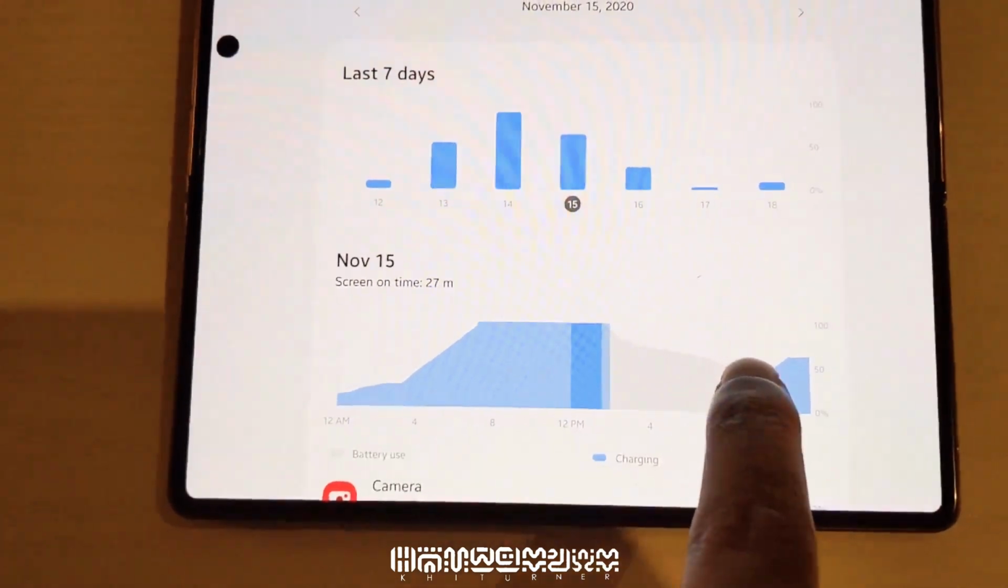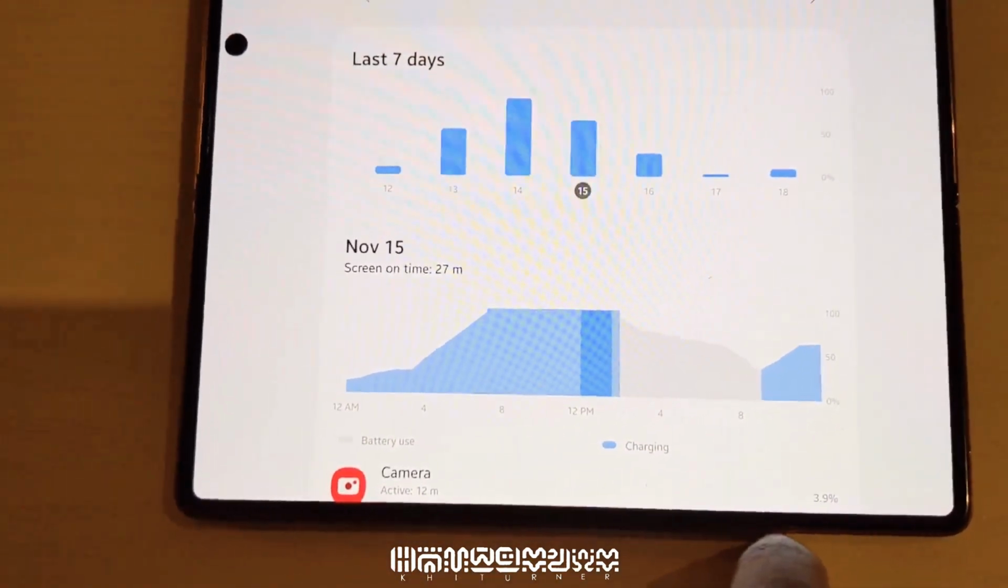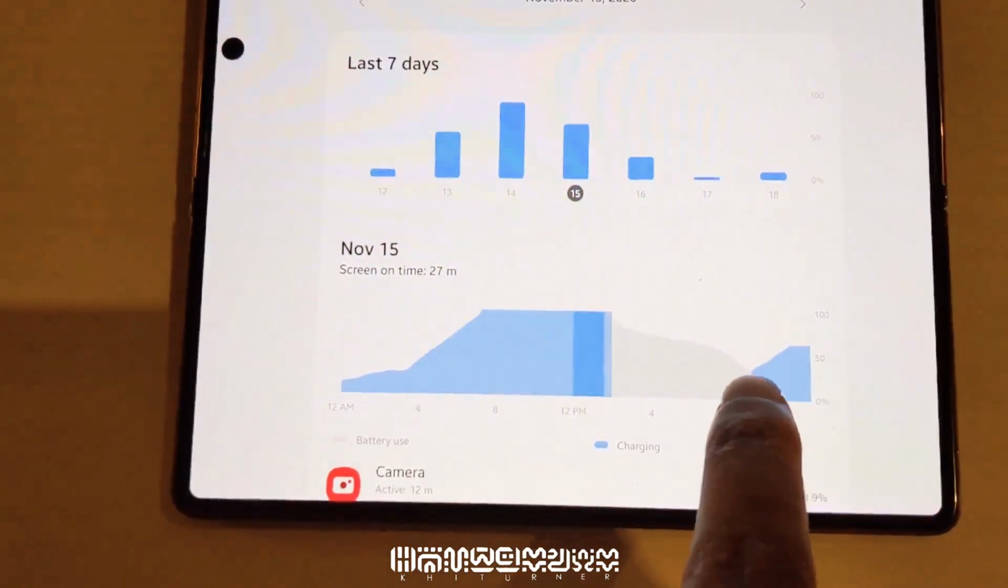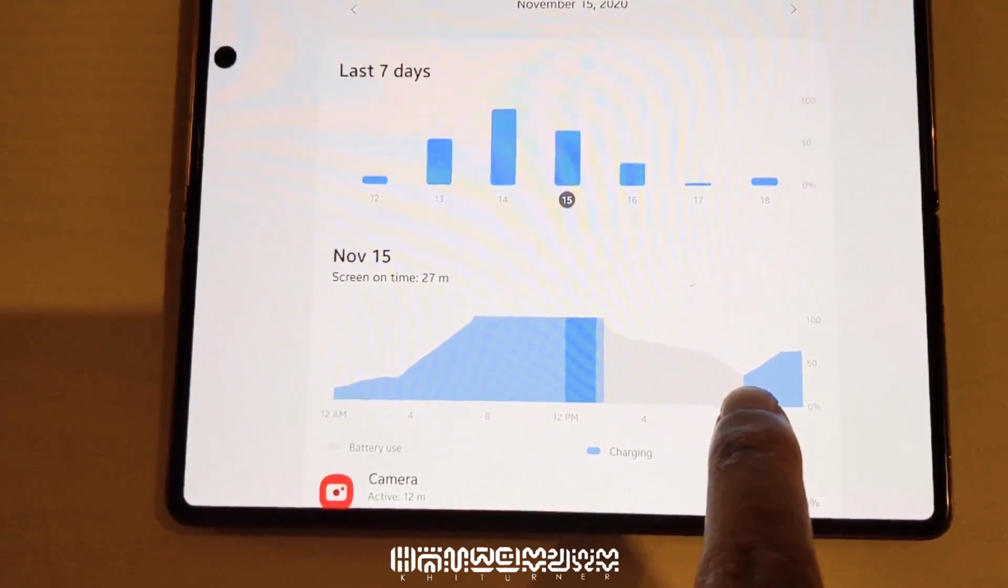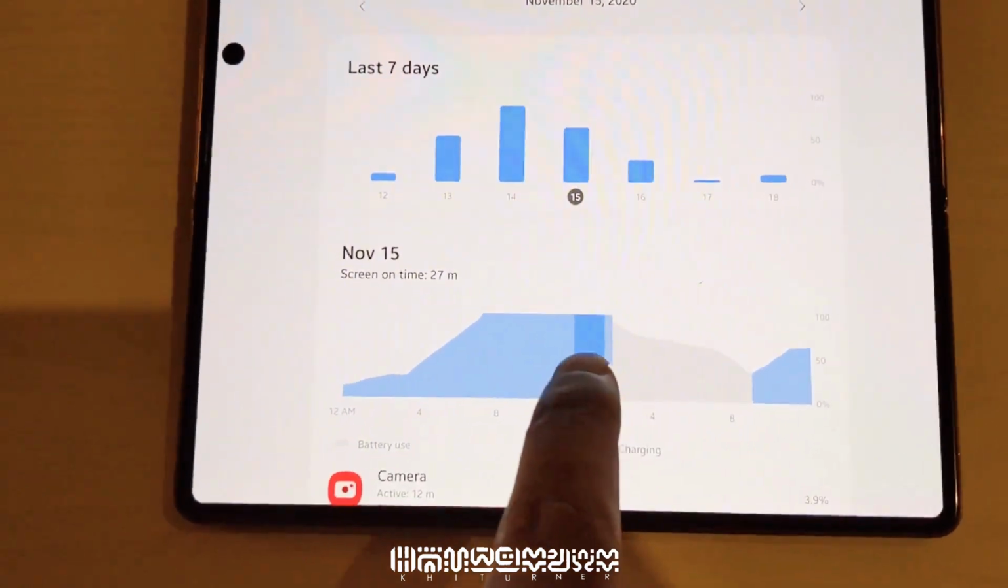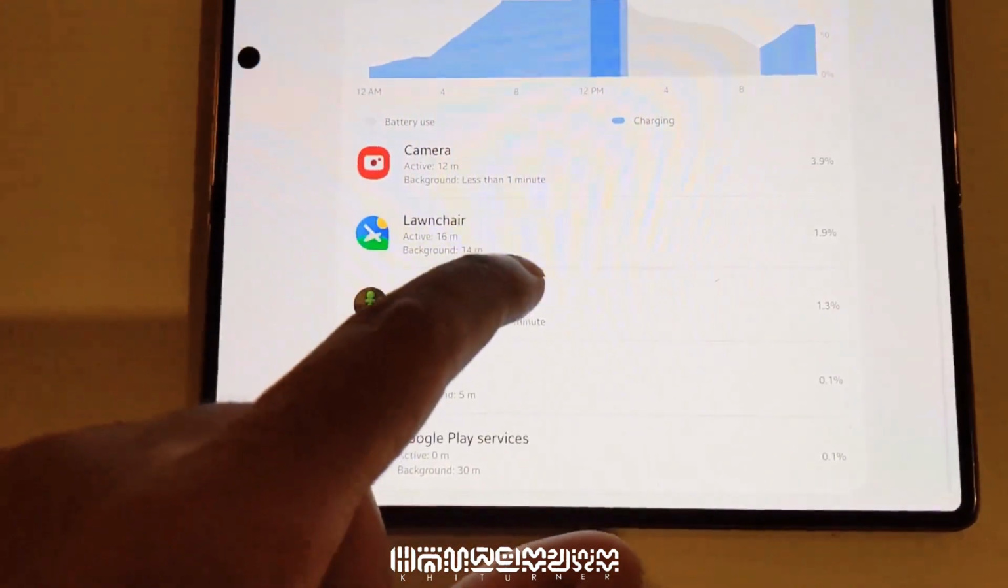Oh, that's cool. You can actually tap and hold it. That's kind of cool. Okay, so yeah, from 2 to 9, it went from 100 to about 40%. So we can do the math on that and find exactly how much it typically loses on a normal